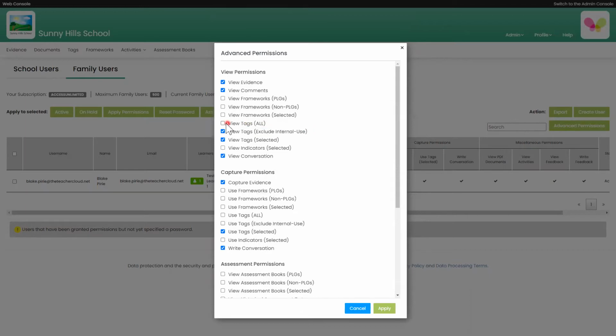So I want family users on a shared piece of evidence that we shared from the school to be able to see any tags except for internal use tags. I'm going to leave view selected tags just for the time being. If I did want to bring across the column to view indicators, I'd be able to grant permission for that. That would be relevant if you wanted to select maybe the engagement indicator set,